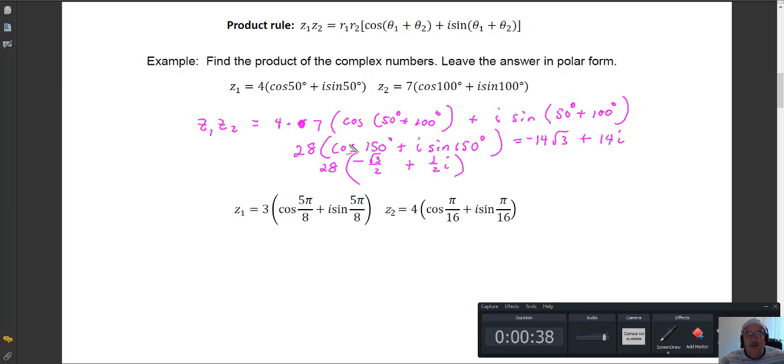So we can also go, and you might have some homework problems where you're taking polar form and then asked to just change it into the rectangular or standard form. All right, let's do one more example. Now I also have one in radians here, so we're just going to go ahead and multiply the two